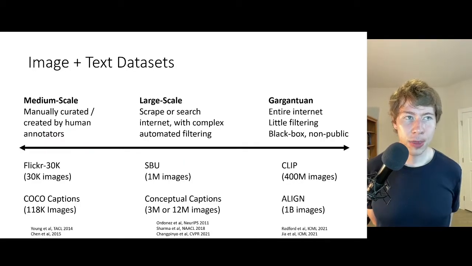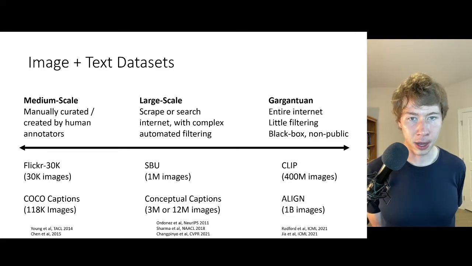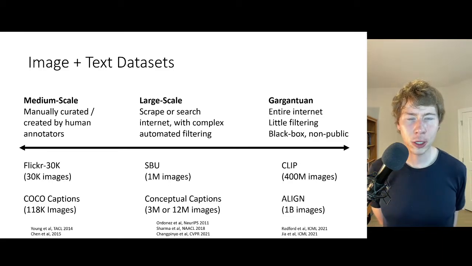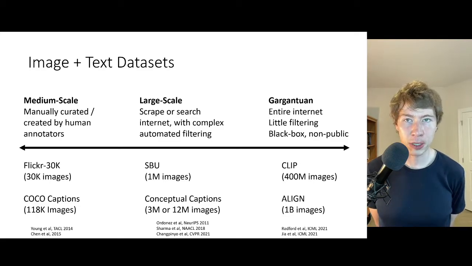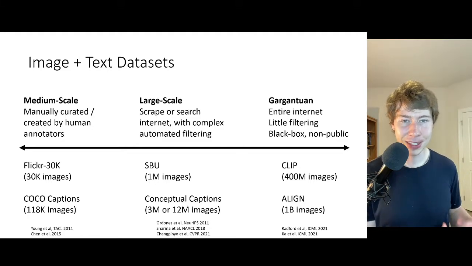So we set out to think about what are the different types of image and text datasets that are out there, and could we use them for further exploring this idea of learning visual representations from language. On the left-hand side here, we have these medium-scale datasets like Flickr30K and COCO Captions that consist of images and captions that were manually annotated by human annotators paid on crowdsourcing platforms. These are valiant efforts and they have really high quality data,